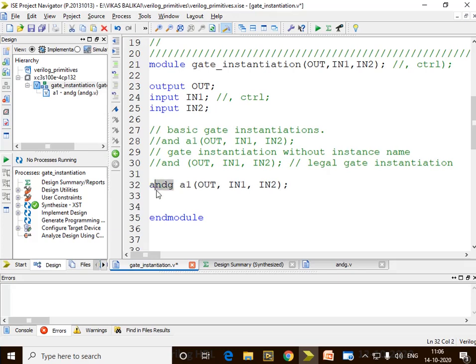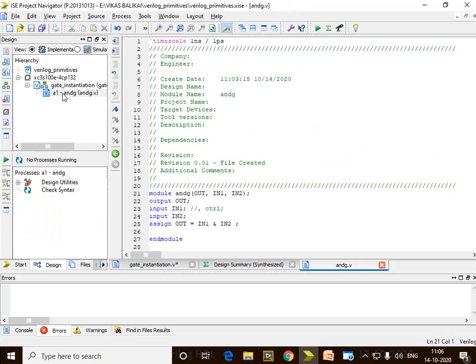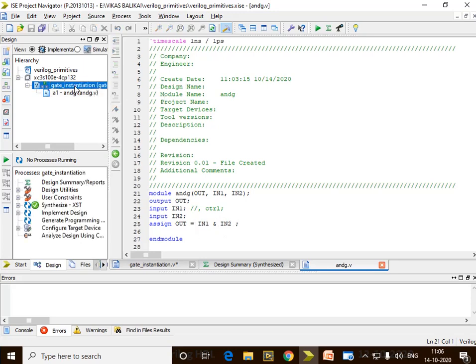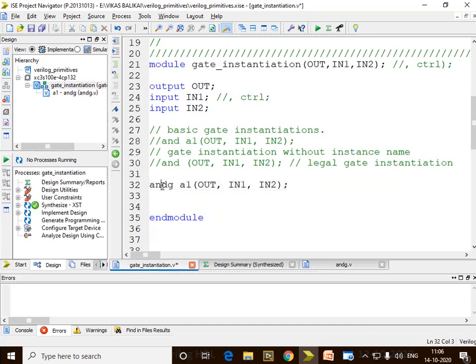This means it tries to search in the main module, goes over here, and finds, okay boss, there isn't anything called AND, let's get inside it. Now it comes over here. How does this behave? It behaves like IN1 logical AND IN2. So again it comes back to the main program. Okay, now I got to know that ANDG behaves like input 1 AND input 2.